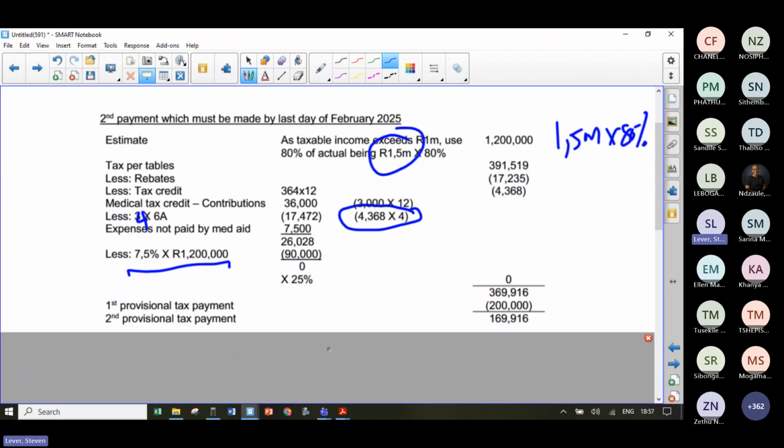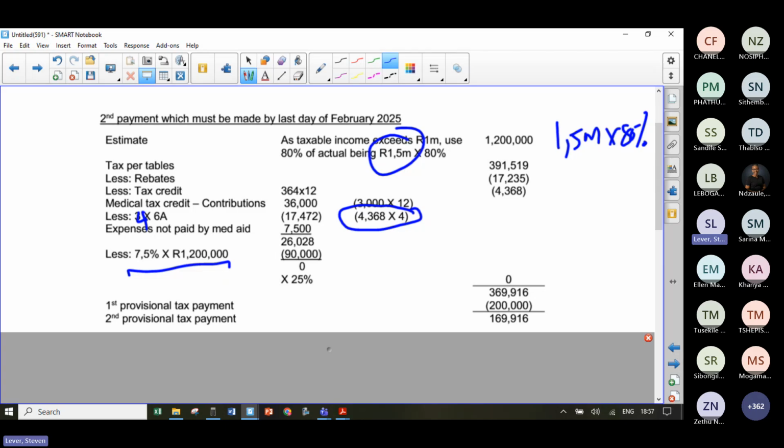So guys, let's unpack where we are. What are the questions that we can get? Do I need to register? Okay. What did I tell you to do? Am I above the threshold? Do I earn more than 30,000 Rand? That's not employees tax. Second question, calculate your first payment. What are you going to do if it's a first payment? Basic amount times half, and you're going to work out how much you need to pay in.